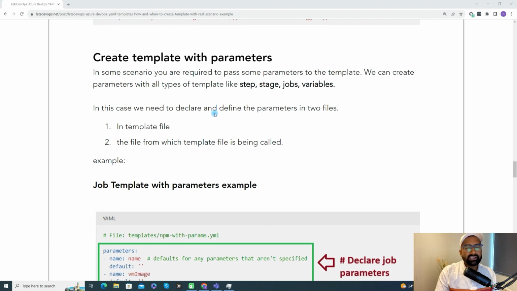Assume that I am building a template to build the application, and the application name I'm picking from the parameter file, right? So as a user, you can pick which application to be built. So that application name I can pass as a parameter to the template. Okay, so this is how you can leverage the option of parameters. Whenever you don't know the value, you want the users to fill it in, or maybe it is coming from a previous run, in that case you can always create a template with the parameter and you can pass it,